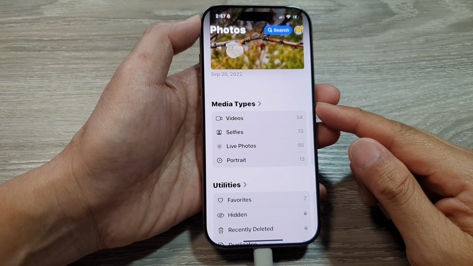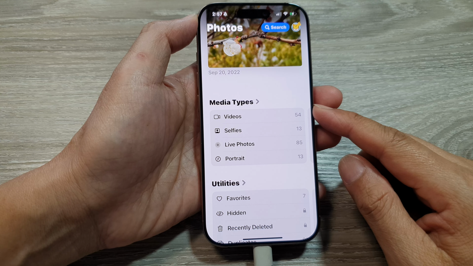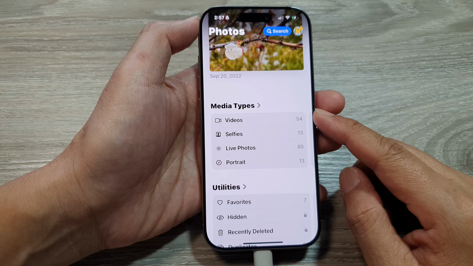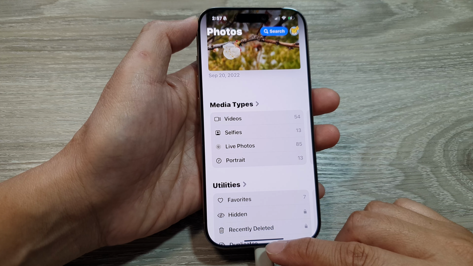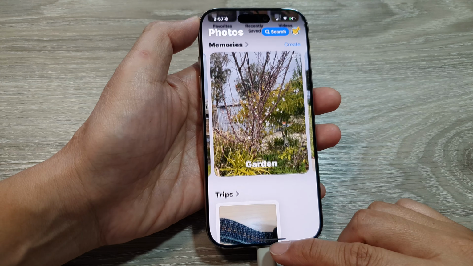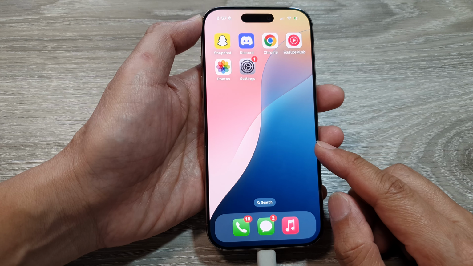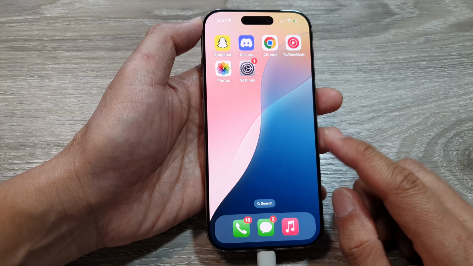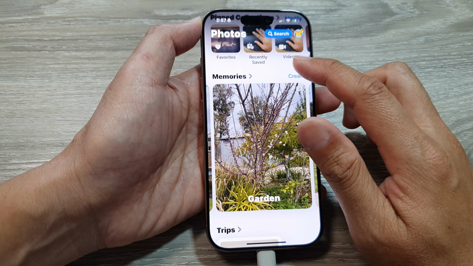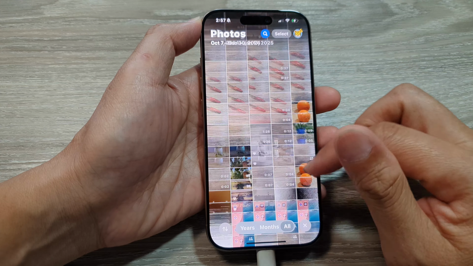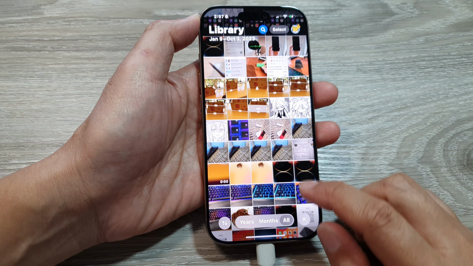How to filter photos by different media types on the iPhone 16 series. First, let's go back to the home screen by swiping up at the bottom of the screen. Now from the home screen, tap on Photos, and if your photos is displayed in Library, then just tap on